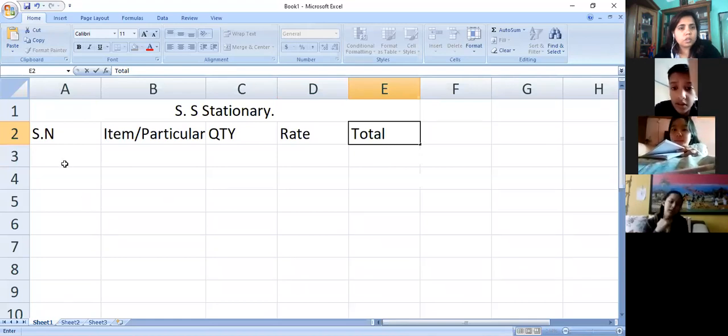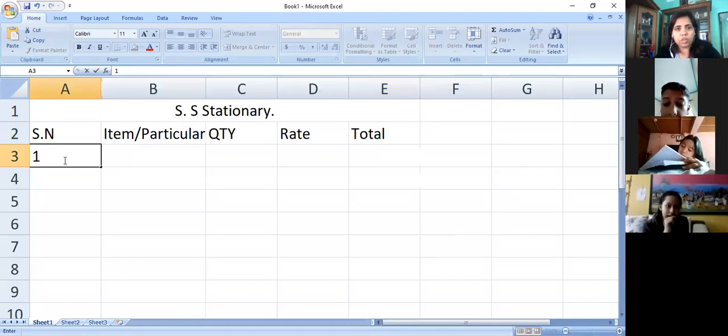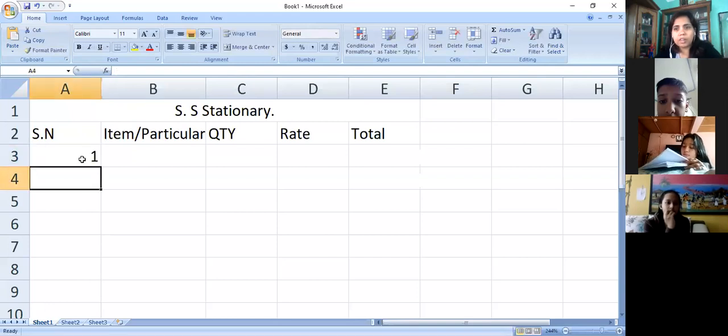Now, just have a look over here. When we type text, text remains at which side? Left hand side of a cell, isn't it? But when we type a number, then the number automatically goes to the right hand side.